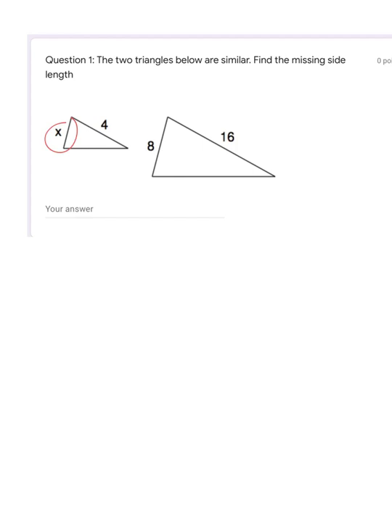Now remember from the live lesson, it's telling us the triangles are similar. So we know, well, A, they're the same shape, but also B, the ratios of corresponding sides are equal. And remember, we have a couple sets of corresponding sides. We're going to be using the fact that the ratios of corresponding sides are equal to help us find the missing side length. So we have a set of corresponding sides here, and we have a set of corresponding sides